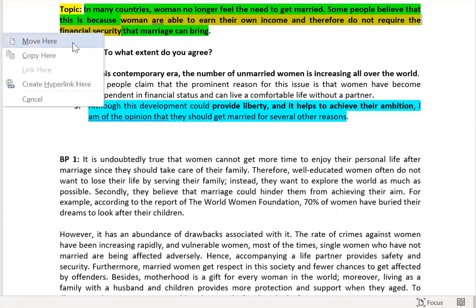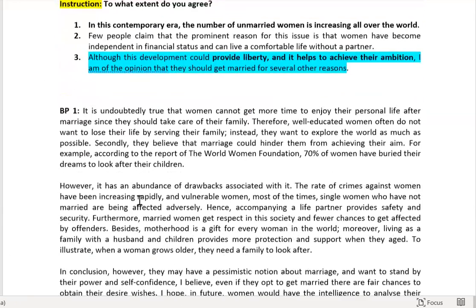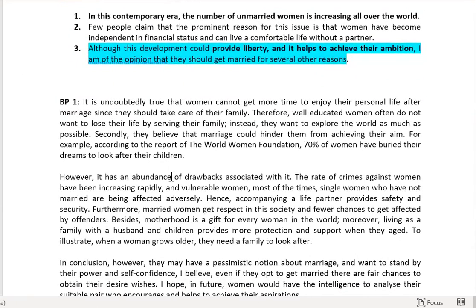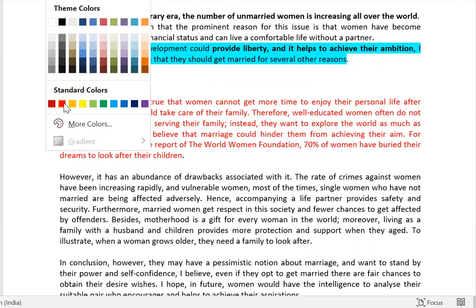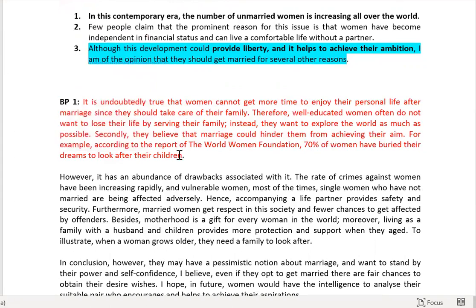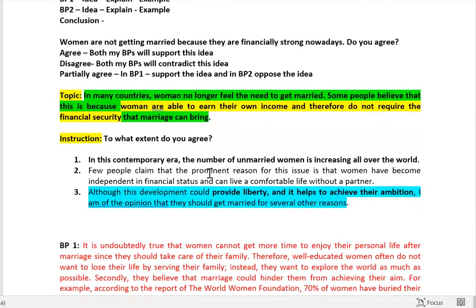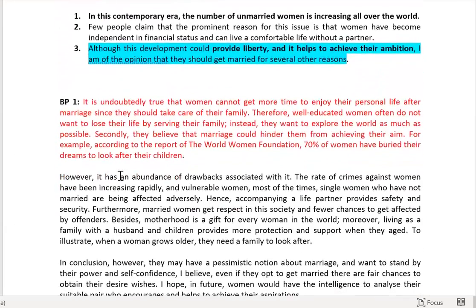Are you getting my point? This is something, sometimes people say that I did very well in writing, I wrote everything, my grammar was good, I used good vocabulary, but still they are getting six bands. So that's why this one is not relevant. The examiner will not give any marks for this because it's not talking about the main question. Let's go to the second one,